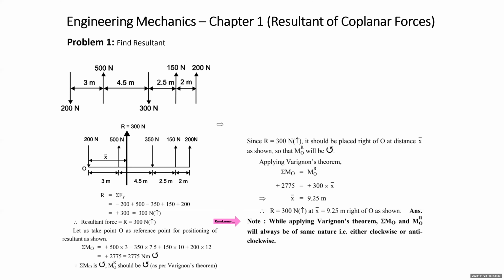Students, many times we see that students do not mark the position of the resultant. They solve the entire problem somehow and get x bar and R, but the position of the resultant is not marked, whether it is right of O, left of O, upward, downward. If you are solving a problem of 6 marks, the examiner will deduct 3 to 4 marks if you do not mark the position of the resultant. So marking the position of the resultant is one of the most important parts of the sum. All right, so we are ready to move to the next sum.